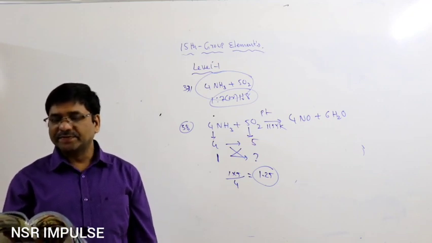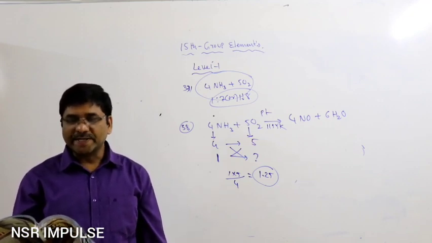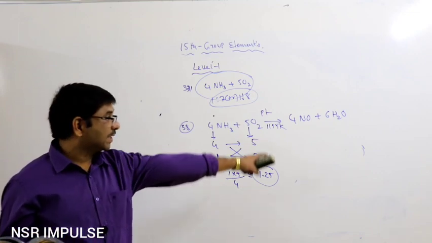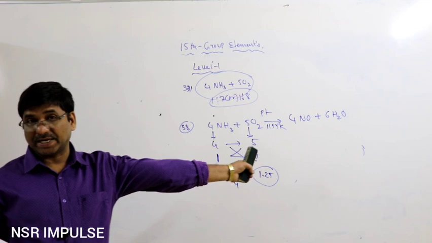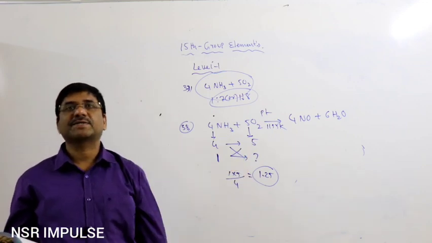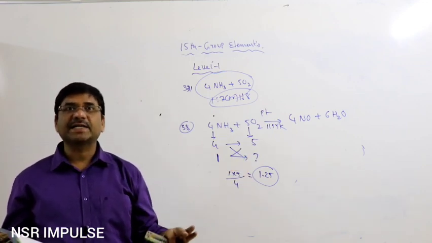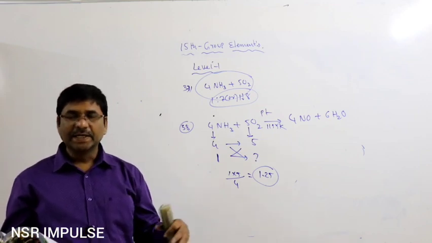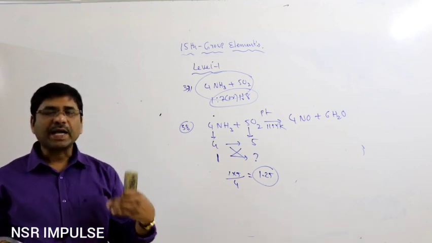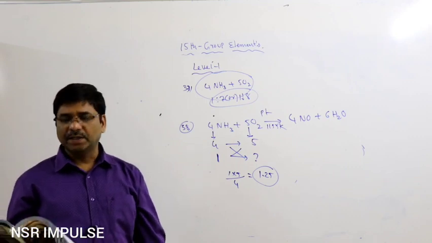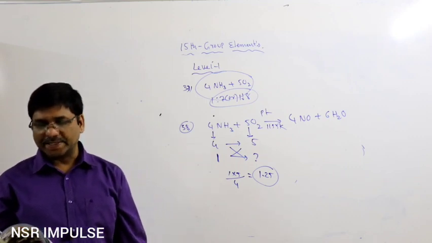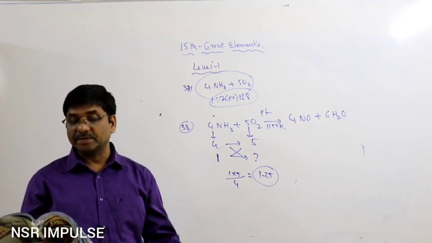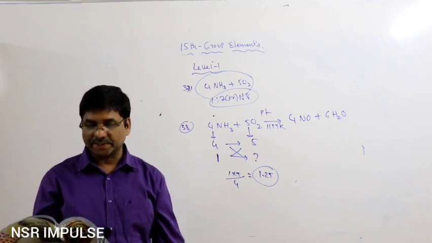The percentage of nitric acid obtained in Ostwald's process is, you know how much you got in Ostwald's process in the previous class? 61% only. Then distillation with concentrated H2SO4 gives 68%. Then crystallization is possible up to 98%. So only 61% is possible in Ostwald's process.